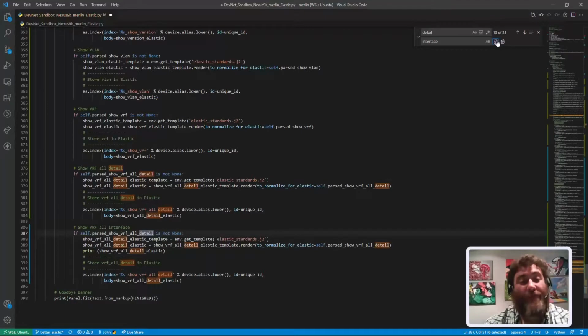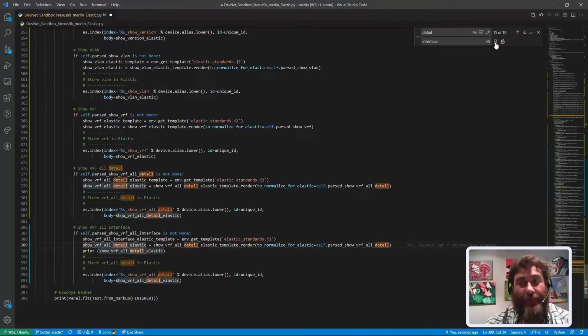And now I'm saying if it's not none, then proceed and template. Go set up a variable that has the template and then render the template passing in the full set of show VRF details. So let's go ahead and replace